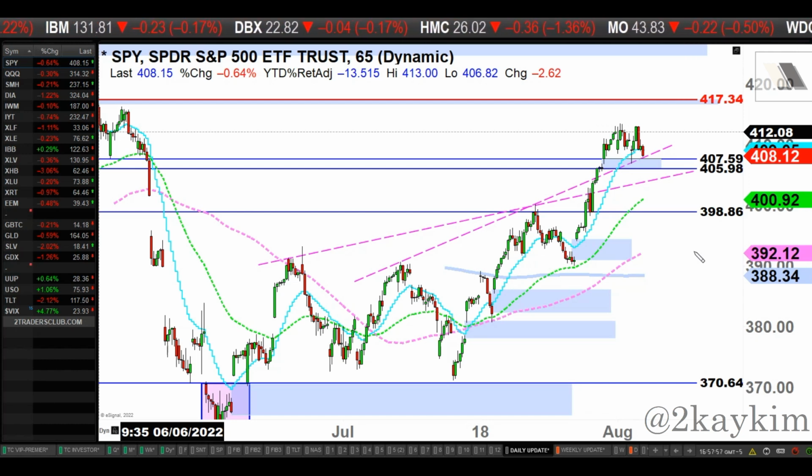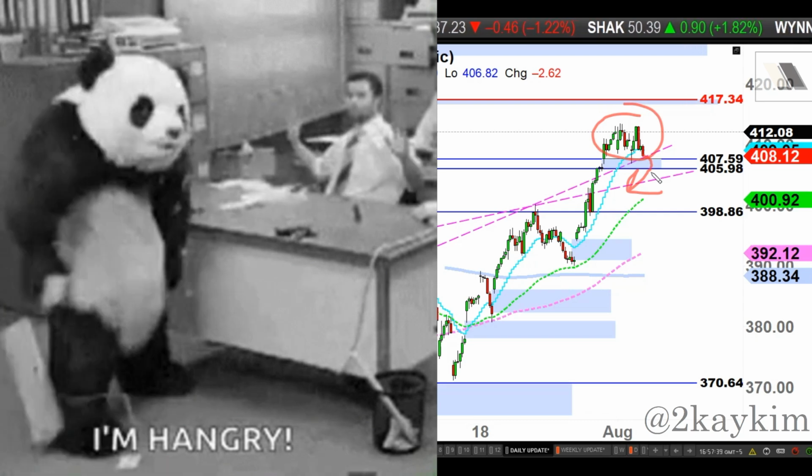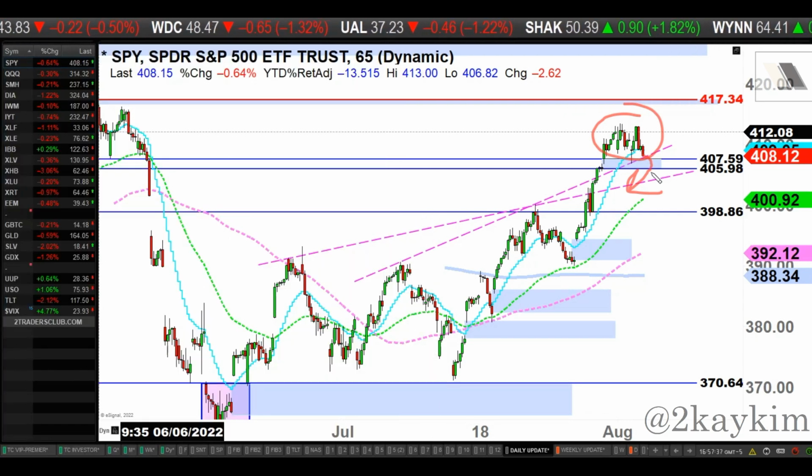So I think the best case scenario would be gapping it down and then gapping it below this up gap and maybe turning this into an island top reversal. I think that would be the best case scenario. Obviously, bulls don't want to see that, because if we see an island top playing out here, bears can bring it down to about 400, because that's going to be pretty impactful, just because bulls are working with an